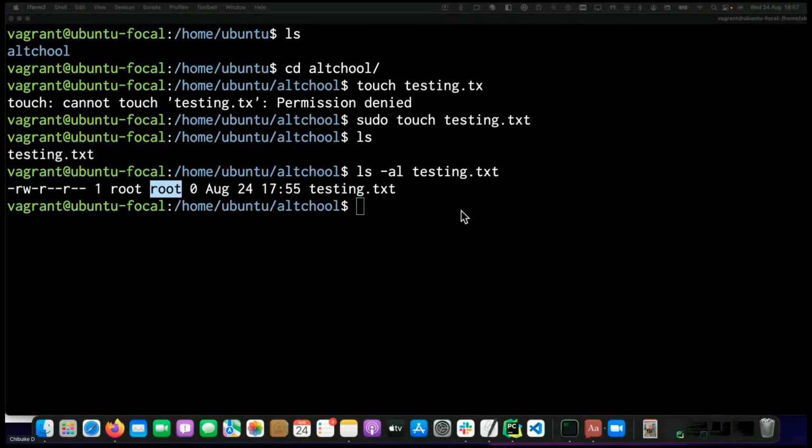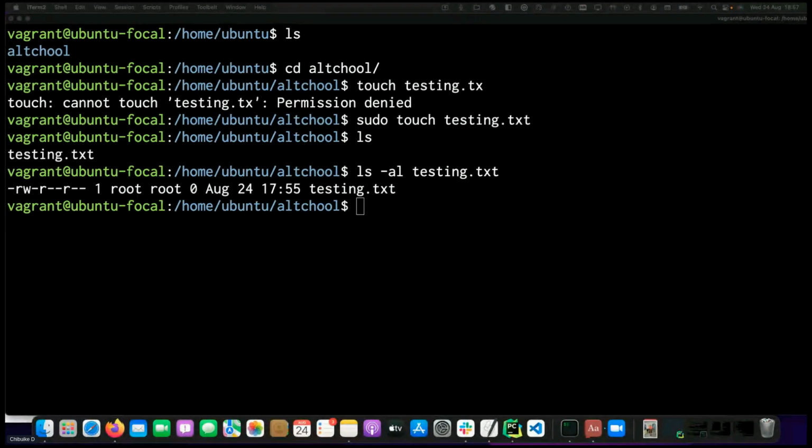So guys, now you can see the various users and the various commands. If I want to give additional permission to the group, where I would say the group has the ability to write. So right now, the group doesn't have the ability to write. If I want to give the ability for everyone in the group to write here,